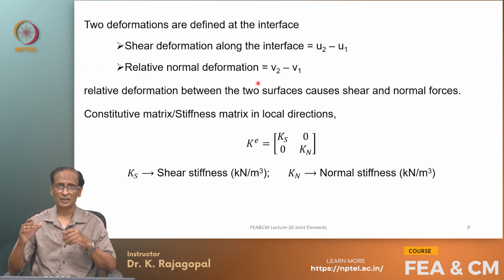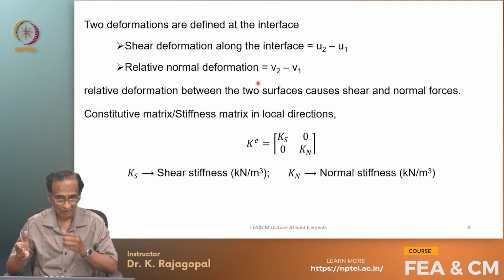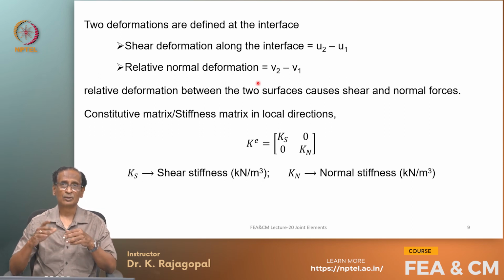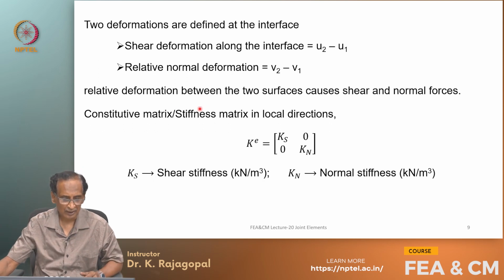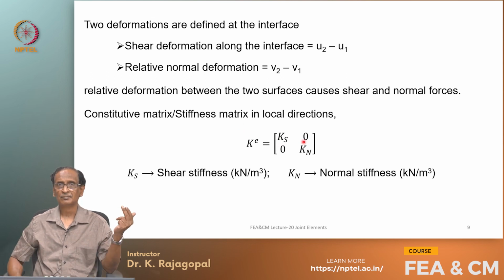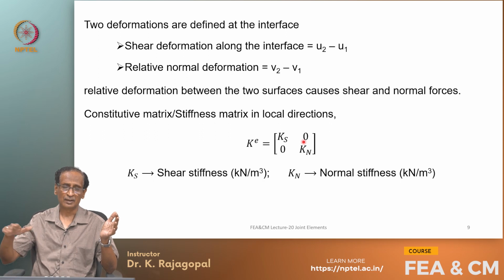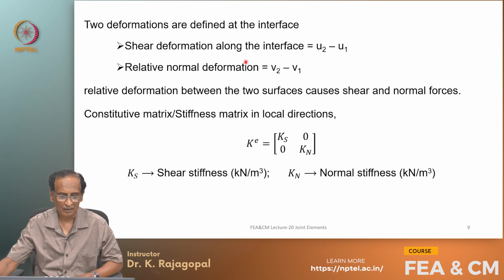See, the global displacements could be ux and uy, and we need to apply the direction cosines to convert the global displacements to the element directions, and we can write the constitutive stiffness as Ks and Kn. Basically, there are two stress components, and so we will have two stiffnesses. One is in the shear direction and the other is in the normal direction, and